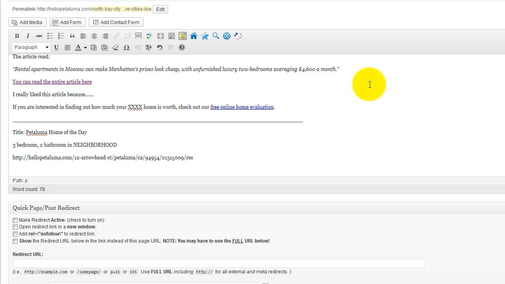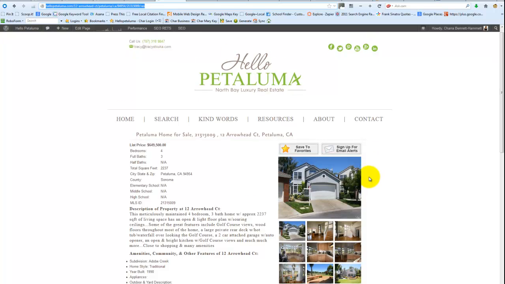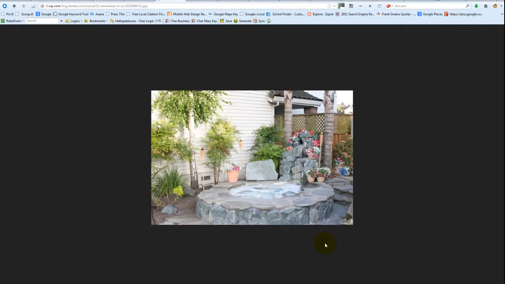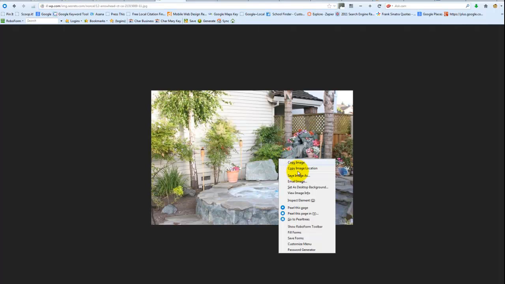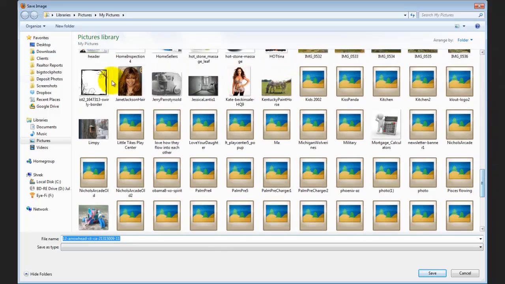And then you're going to give a little bit of description. Why is this the home that you picked? It doesn't have to be more than 2 or 3 sentences. And then what you want to do once you've chosen that is pick a picture. So this has a really gorgeous little fountain, and this is perfect for Pinterest especially. So you may want to grab this picture,